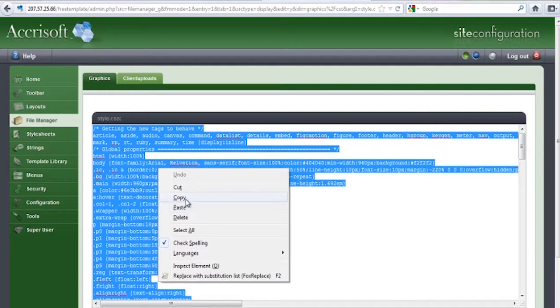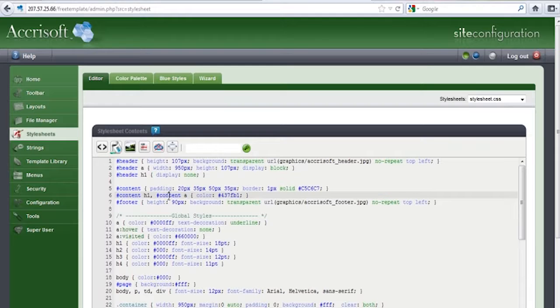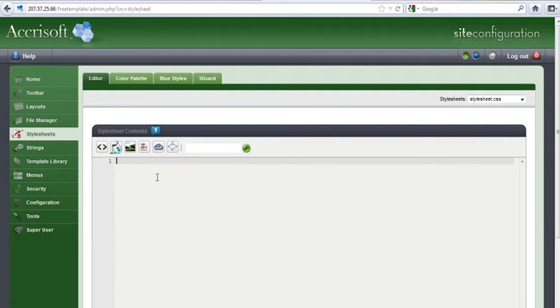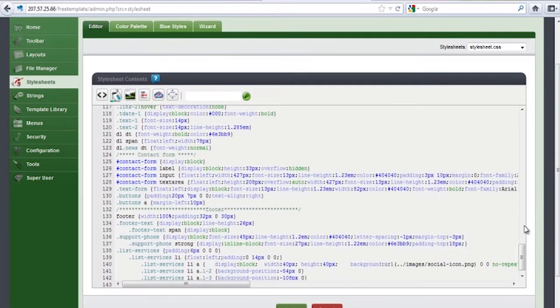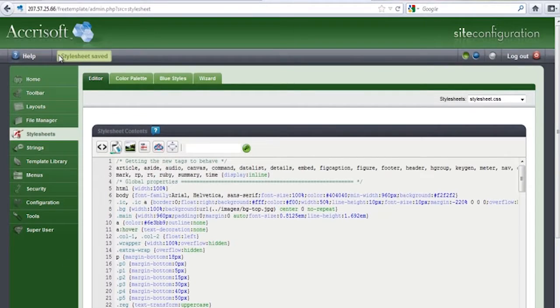Select all and copy the code. Now go to the Green Interface Style Sheets module and paste in the code. This will make it easier for future style editing while editing page layouts. The style sheets in the Style Sheet module are located in the root folder of the website, so let's edit